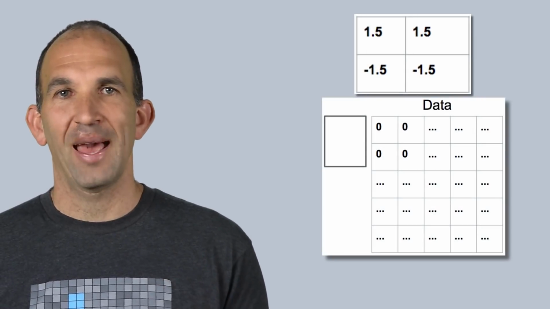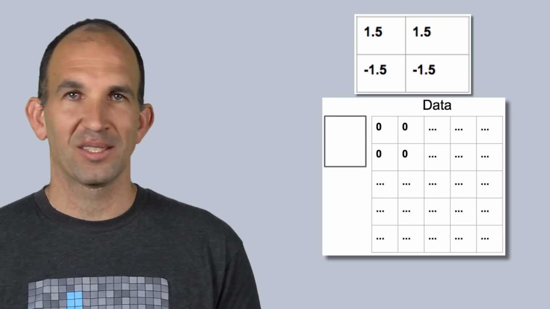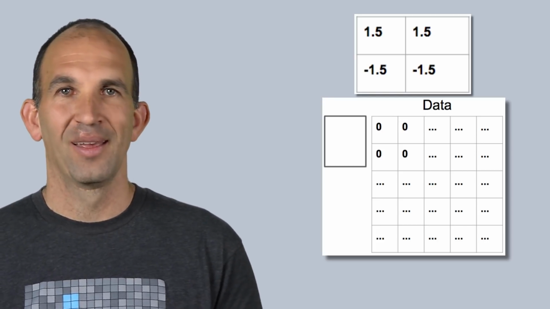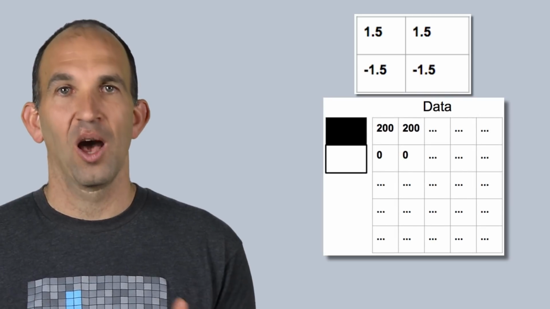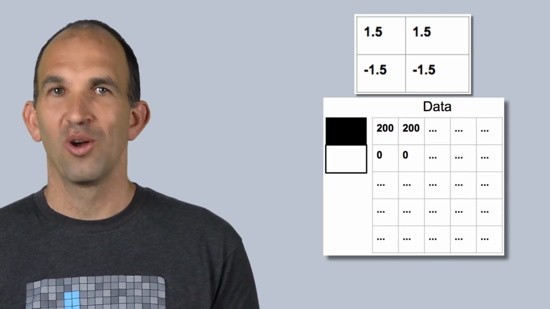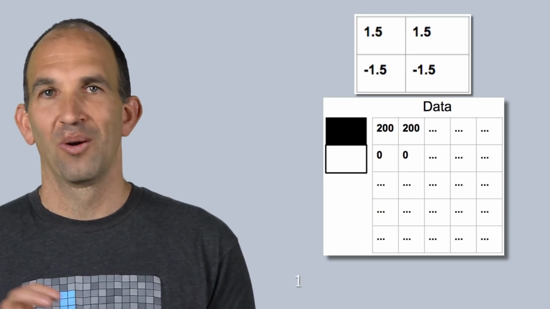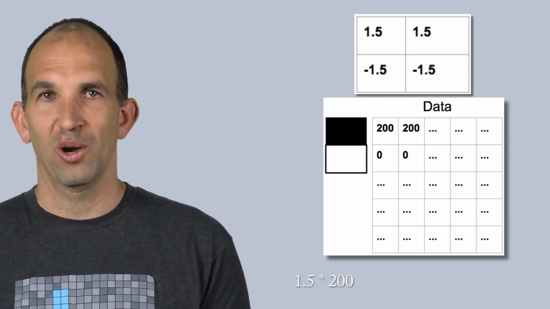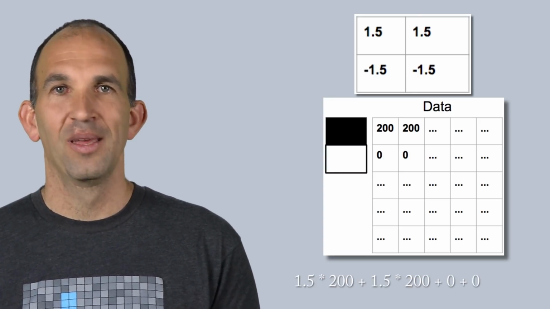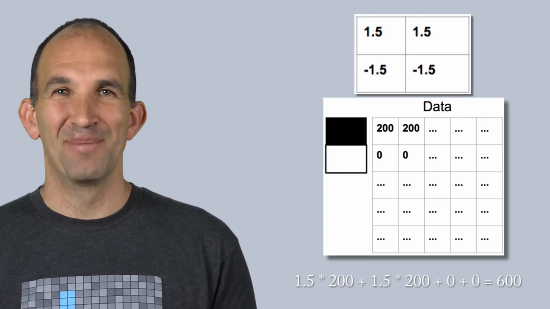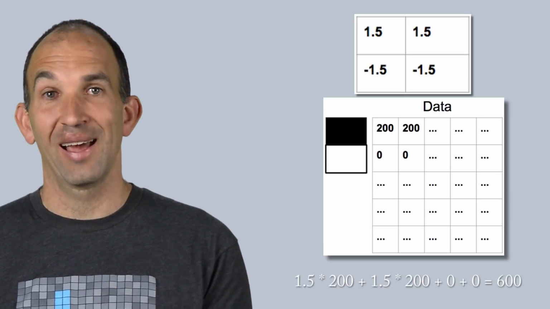Doing the same thing where we have a white area, like this, we get 1.5 times 0 in each cell, so we get 0 again. Let's use the same convolution where we have dark pixels above some light pixels. In other words, over a horizontal line. We do the multiplication and the addition. We get 1.5 times 200 plus 1.5 times 200 plus 0 plus 0. This time, we really did get a big number. So this convolution really does work at detecting horizontal lines.